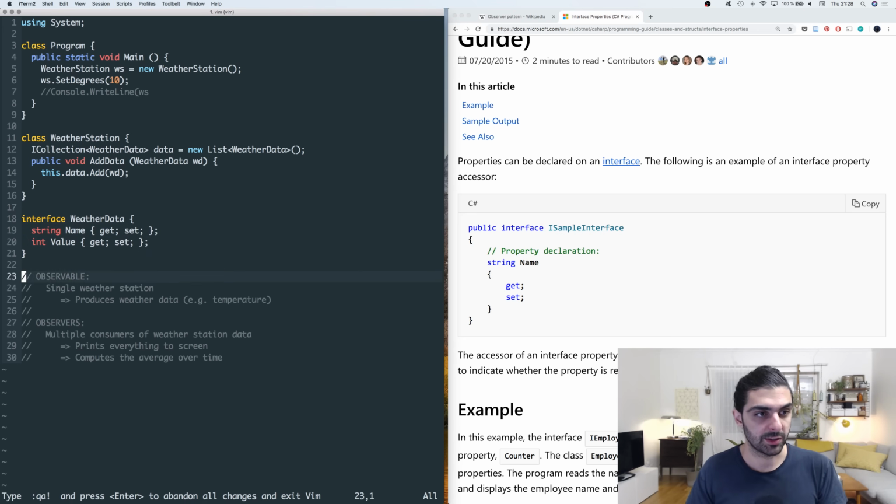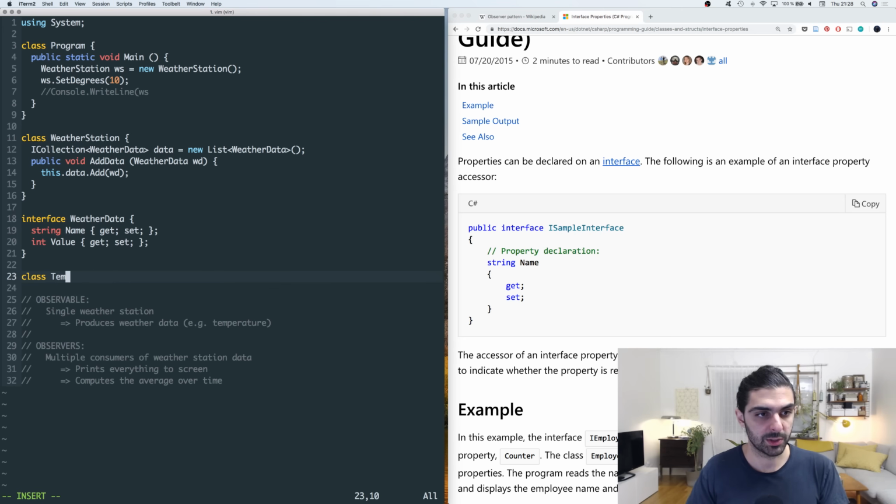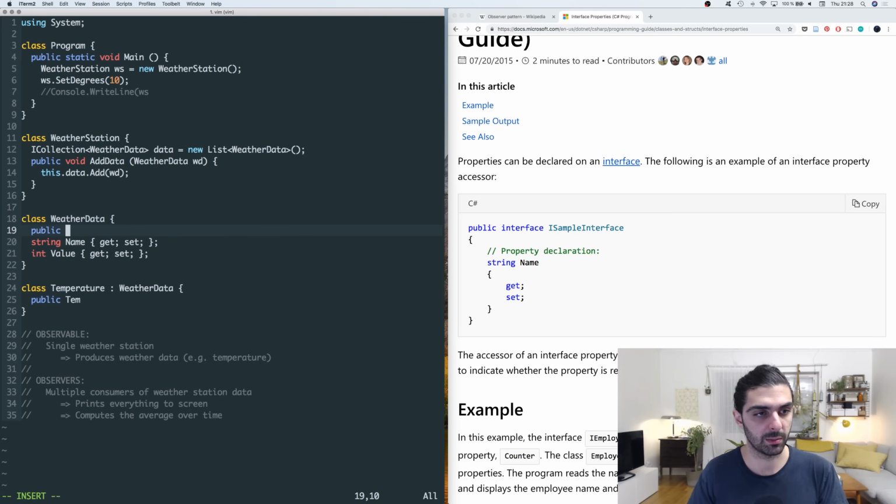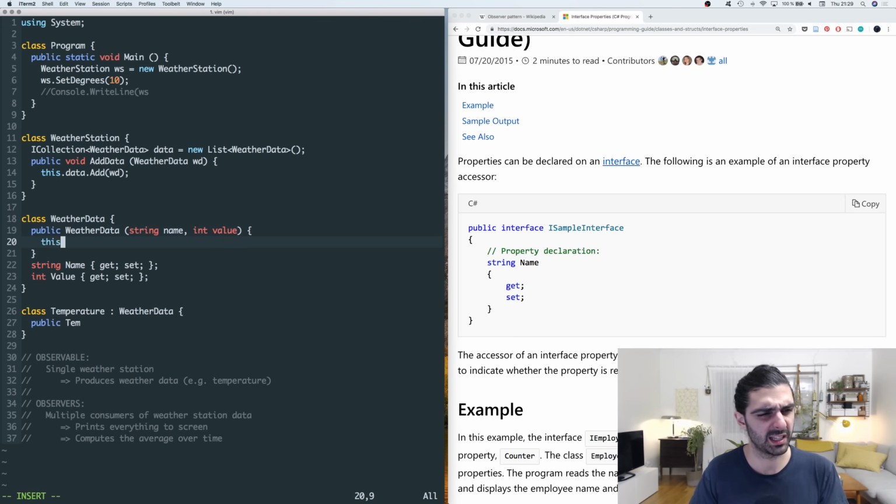Okay, interface weather data. That means we have a class temperature, which implements weather data, and then public temperature. Yeah, but now I'm just being stupid. That's not even an interface. I mean, that's just a class where we say public weather data takes some string, which is the name, and some int, which is the value, and then it sets the name to the, yeah, okay, sorry, value is a keyword,